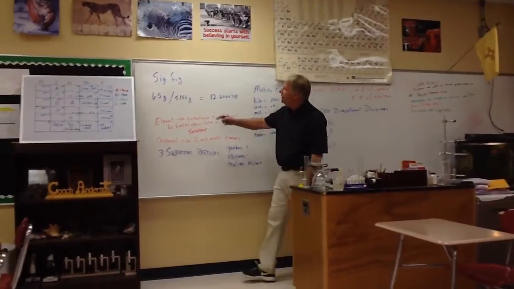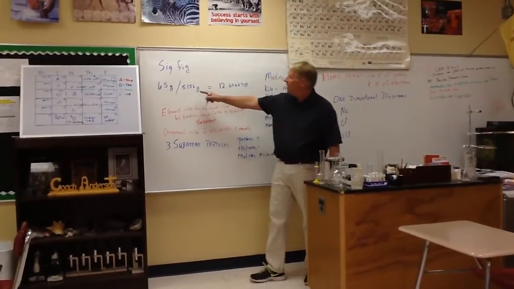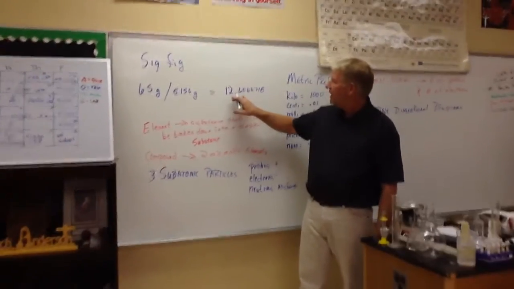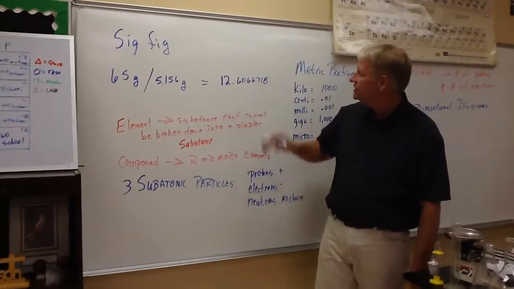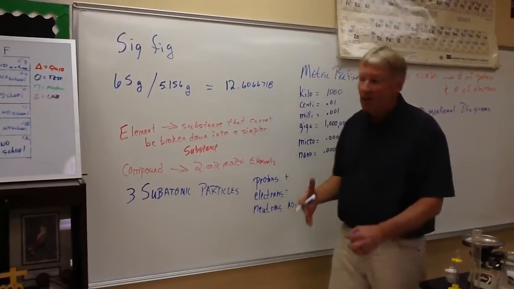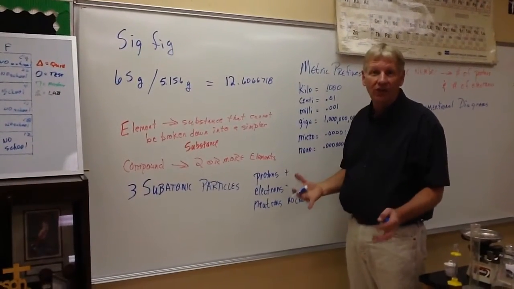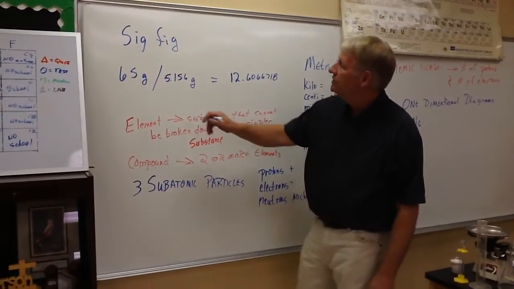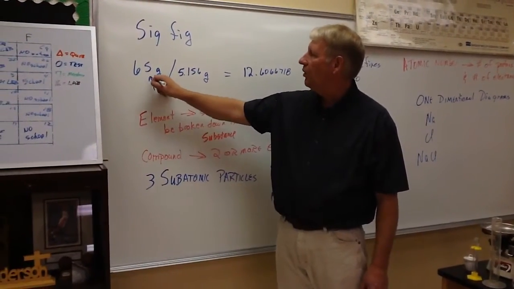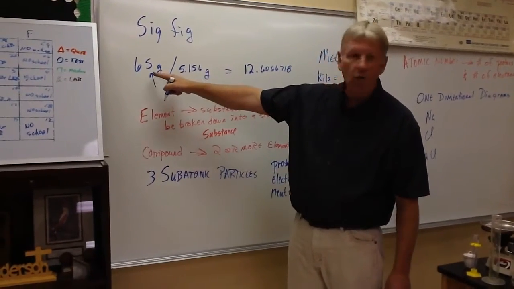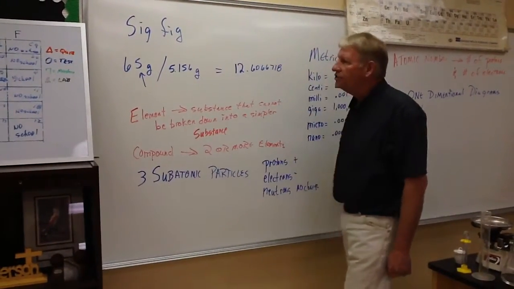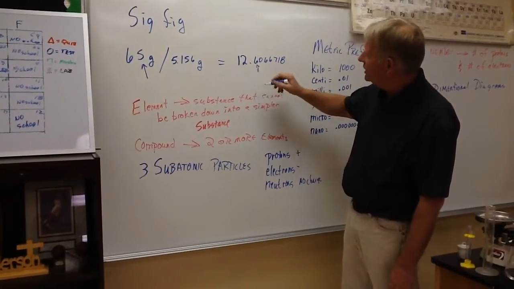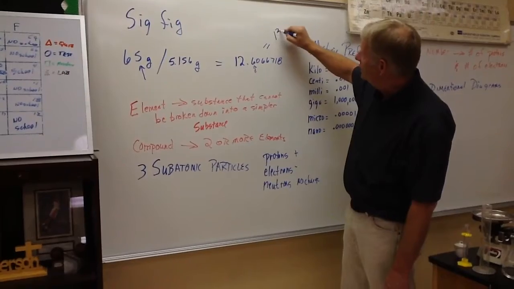So let's say we have something that's 65 grams and we're going to divide it by 5.156 grams. When we put that in our calculator, it's 12.6066718. And we say to ourselves, man, that looks really scientific, that's pretty good. But the problem is, remember, a chemist says I can only report what I know. And so when I look at this, I see that the lowest one has no decimal places, so my final answer has to have no decimal places. Since the digit after is greater than a 5, that's a 6, so the answer here is going to be 13